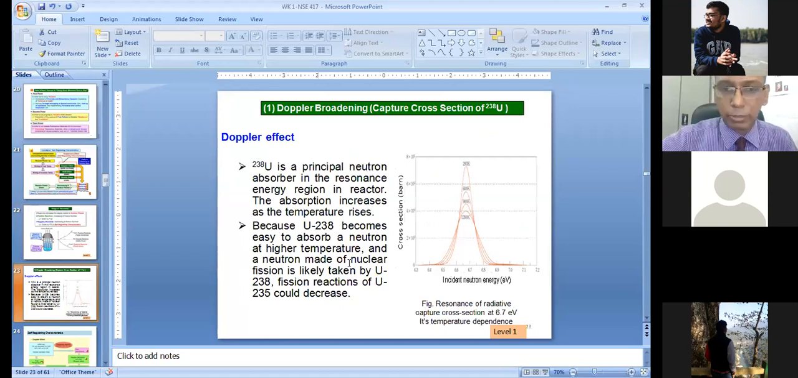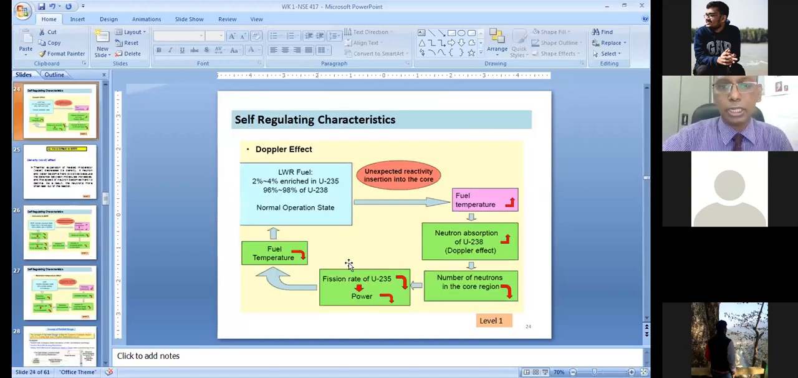So this is the example of the Doppler effect for uranium fuel. I'm not going to explain this one. This is not part of this. And the self-regulating characteristic, I already told you. Let's say in the operation time is